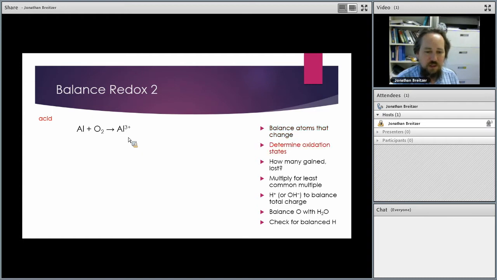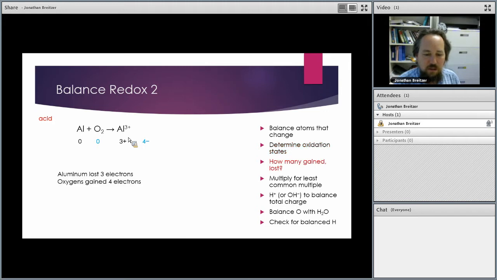Now we determine oxidation states. The aluminum, as you can see, goes from 0 to 3 plus. The oxygen starts at 0, and on the right side is in the form of water. And in water, oxygen's 2 minus. But there's 2 of them, so that's actually 4 minus. Here they are written here. Notice that the 4 minus is not written underneath anything because we're going to add water later. But we know that those 2 oxygen atoms on the left side from the O2 gas become some form of oxygen in the form of 2 minus. Remember, there's 2 of them, so it's actually 4 minus.